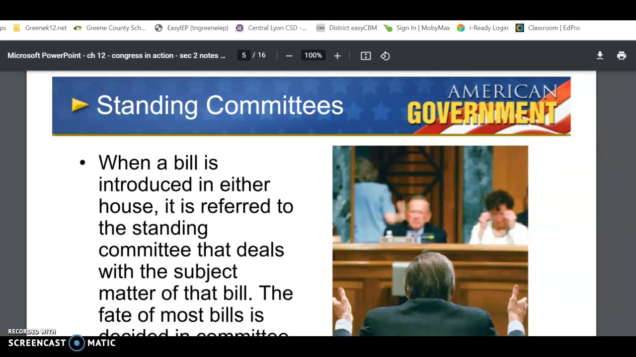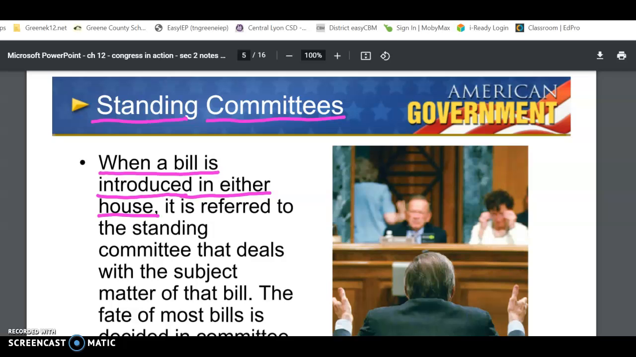are standing committees. So we're just going to go through the different committees that are in both chambers, or both houses, of Congress. So standing committees, what happens in the standing committees? So when a bill is introduced in either house, so that means in either chamber of Congress, whether it be the Senate or the House of Representatives. So when a bill is introduced,